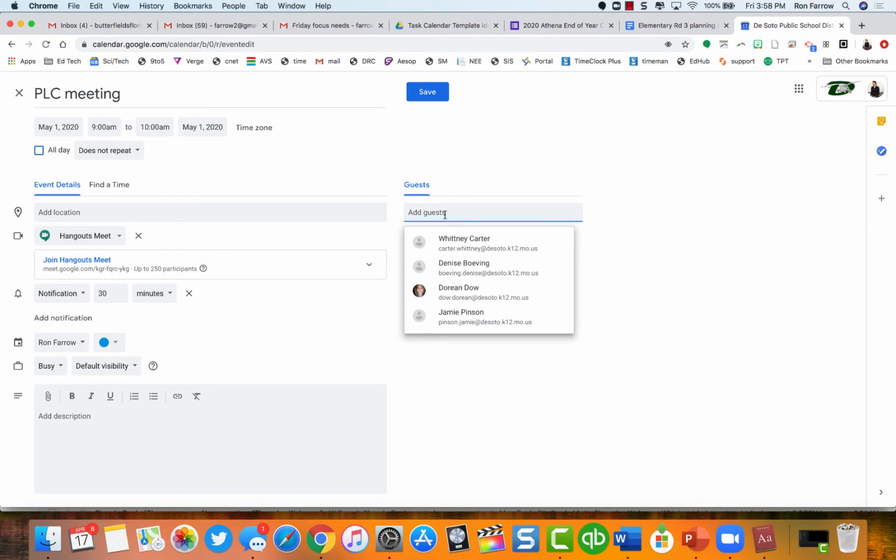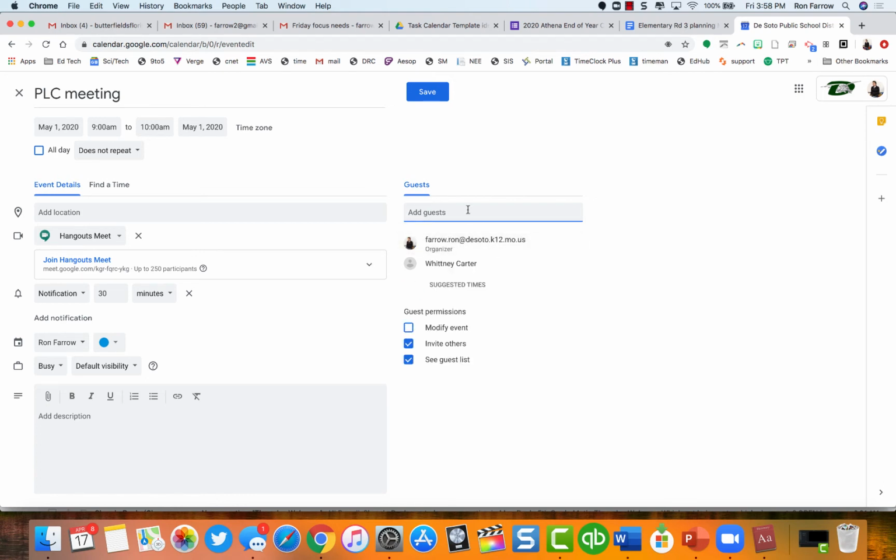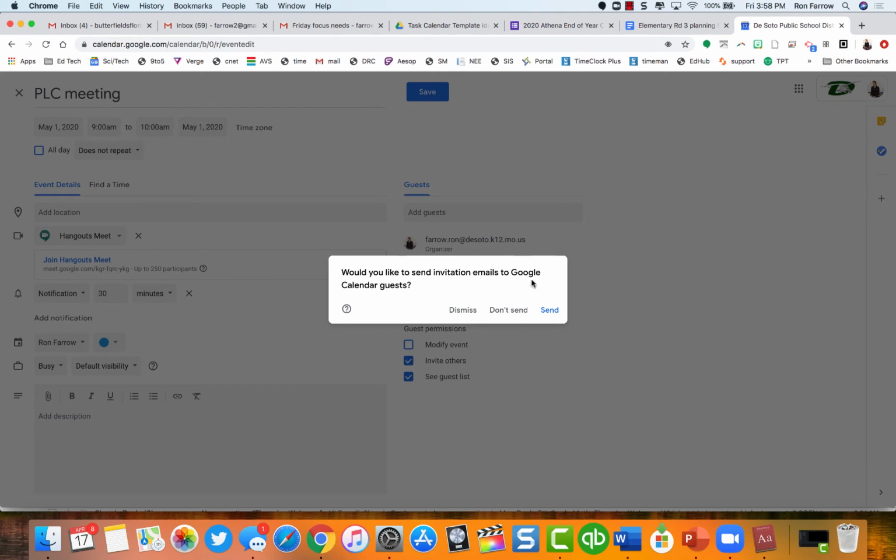I can just include guests right here in my calendar invite, and they will automatically get an email inviting them, including the link they need to join the meet. So I'll add Miss Carter and a couple others. And when I'm done, I simply click Save. It will ask me if I want invite emails to go out to my guests, and I'll say Send, and